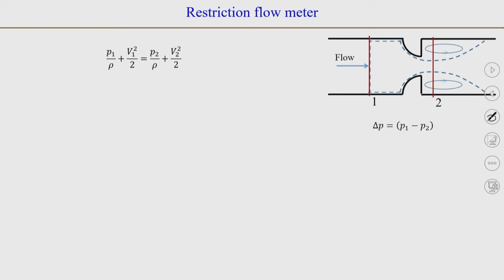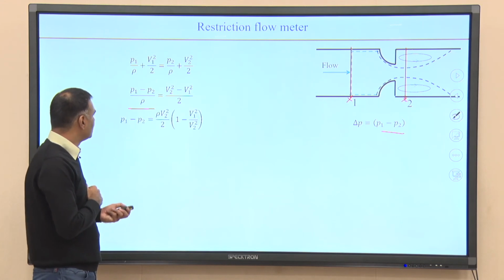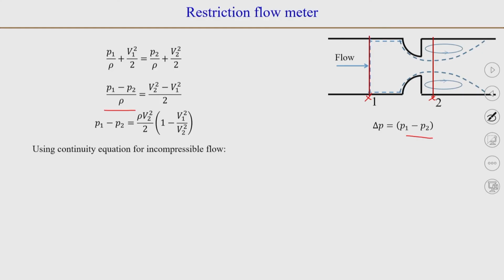Now, what we need to find is the flow rate. The pressure difference is already known to us. So, we can rearrange this equation in terms of the pressure difference, P1 minus P2, which is what we will measure, delta P. We will put a pressure tap here, a pressure tap here, and connect it with a manometer. So, we will be able to measure the pressure difference. Now, we have V2 squared and V1 squared, and we can relate those with A1 V1 is equal to A2 V2,